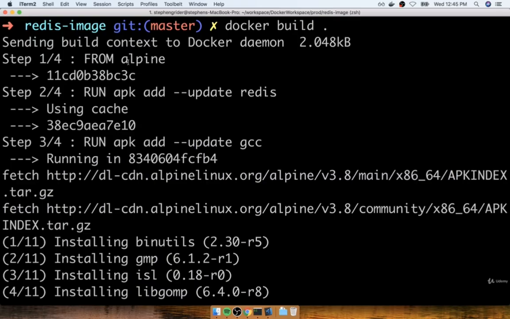You'll notice that we do not see any of that fetching image stuff that we saw the first time, because we have already fetched the Alpine image. We've already